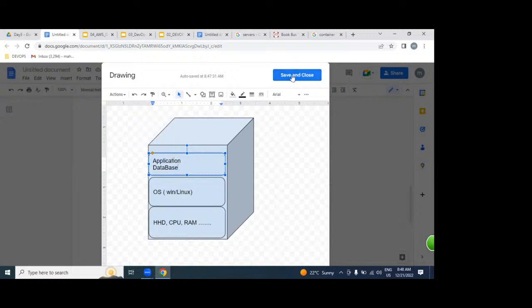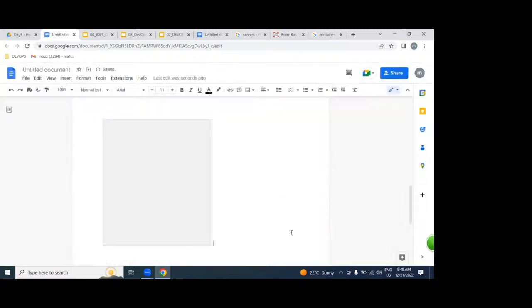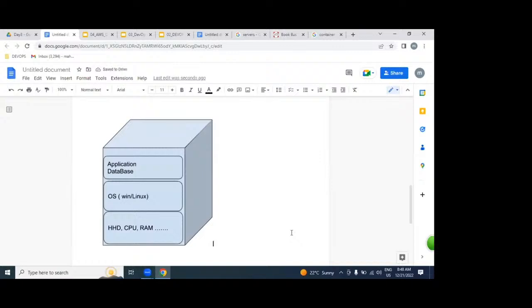But how many ways can we get these servers? Server is the same in all the cases. Example: water is the same in all cases. For drinking, water is all the same. When your grandpa's days, did they have water bottles?